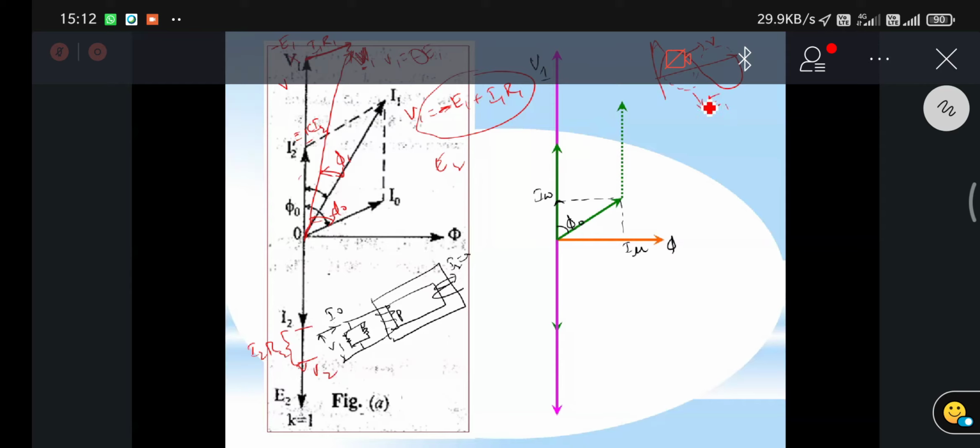So instead of here, you can write it in this phasor diagram, where minus E1 is taken. This is the mirror shape; the negative sign indicates Lenz's law. So E2 equal to V2 plus I2 R2. These are the two voltage drops, I1 R1 and I2 R2, when the resistance is considered here.